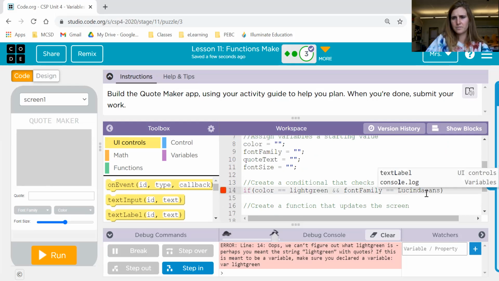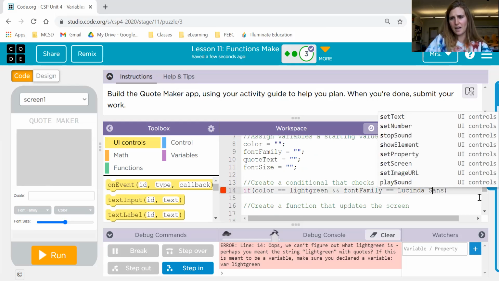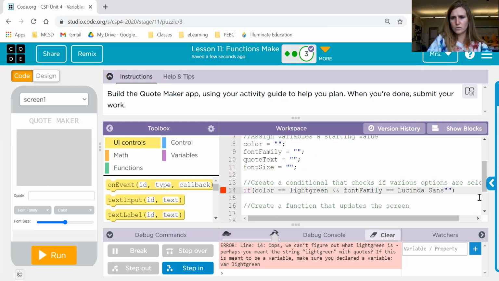Lucida. I feel like that needs to be in quotes. And I feel like this needs to be in quotes. But I could be wrong about that. So let's see what happens. So, okay, if this and that,